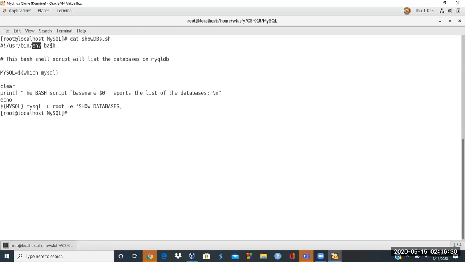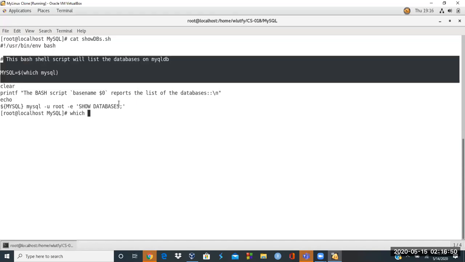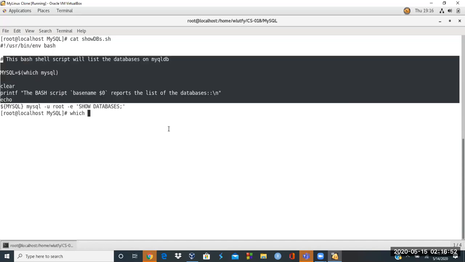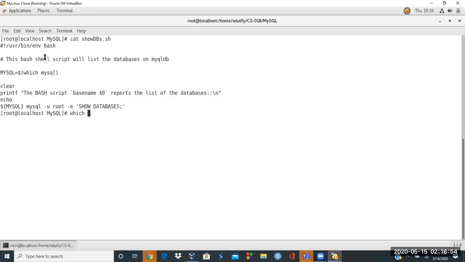It uses the env to export the bash. So what is env? As I told you, you could do shebang /bin/bash. Now, how do you know that this is actually opening a new subshell called bash, and then it's running this command? Here's the answer to that question. If you ever thought of whether this is equivalent to /bin/bash, yes, it is equivalent, but